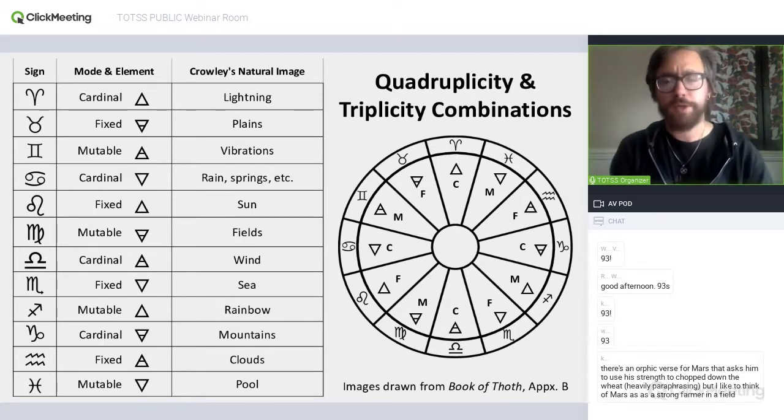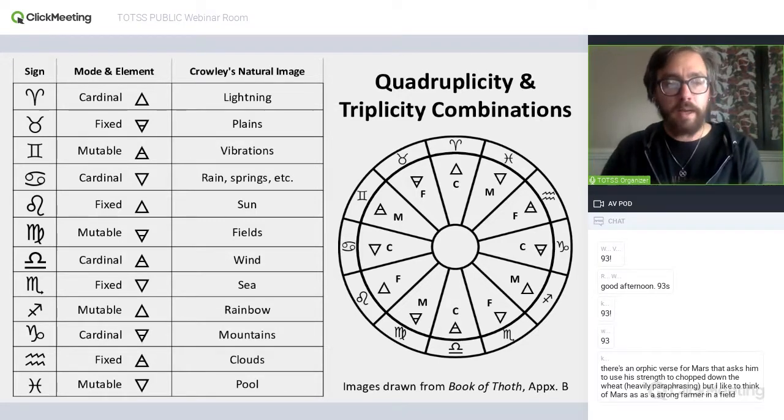And then the fields is an interesting one for Virgo. I think part of this has to do with the idea of fields as places that are sort of between other features, and seasonal changes in fields, as well as all the different types of life that you encounter in fields. Though that one doesn't quite resonate with me as much as some of the other images. All right, and then we can do air next.